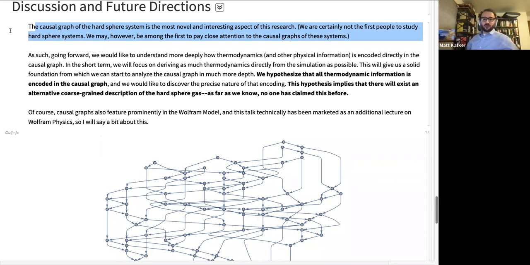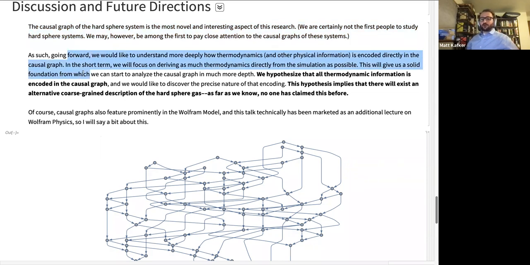So that's really cool. We want to know how thermodynamics is embedded in the causal graph. This is the most important research question that we're actually after. In the short term, that means deriving as much thermodynamics from the simulations as possible, using position and velocity data to construct thermodynamic quantities. Once we can do that, like that list of thermodynamic quantities, pressure, partition function, all these things, then when we go to the graph, we've mastered that physics. We can just beat the crap out of the causal graph and explore every way that it might possibly be hiding this information that we're interested in.